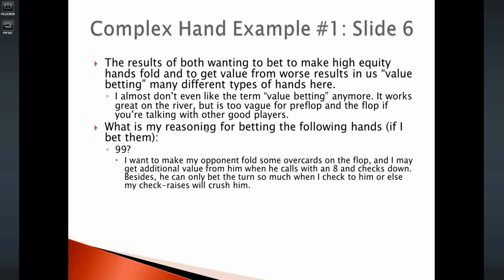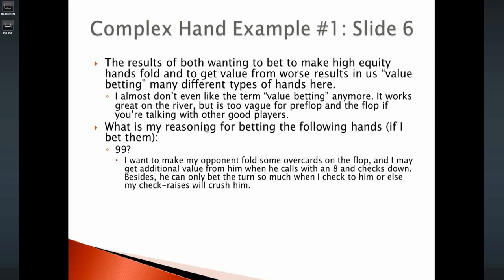Those hands have like 25 or 27% equity. I'm glad he mucked them. I'm totally fine with making him fold the worst hand. If I make him call with 8s, then he checks back the turn, also awesome. Got additional value. If I bet the flop and I check to him on the turn and he bets, that kind of sucks. But he can only do it so often, so overall, I think I like value betting nines